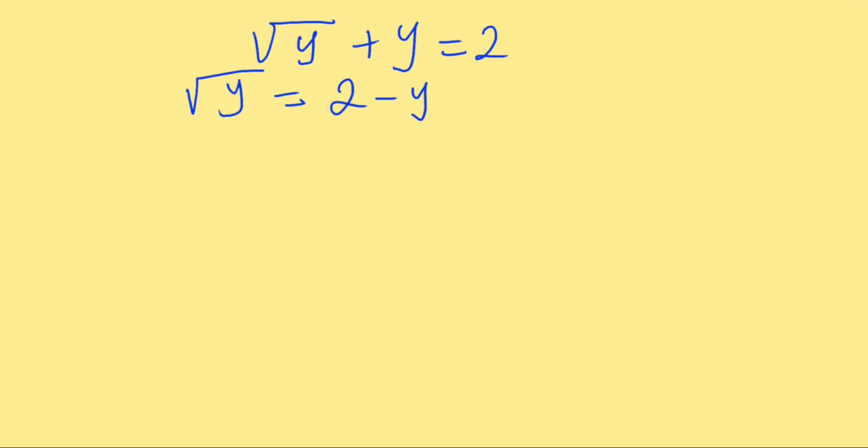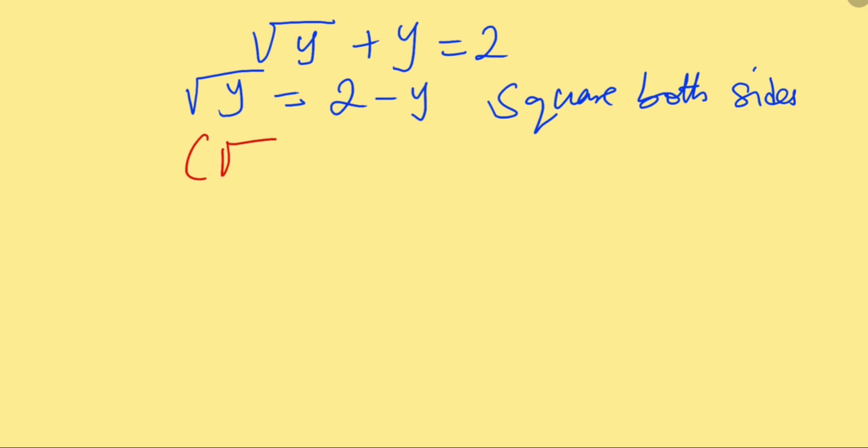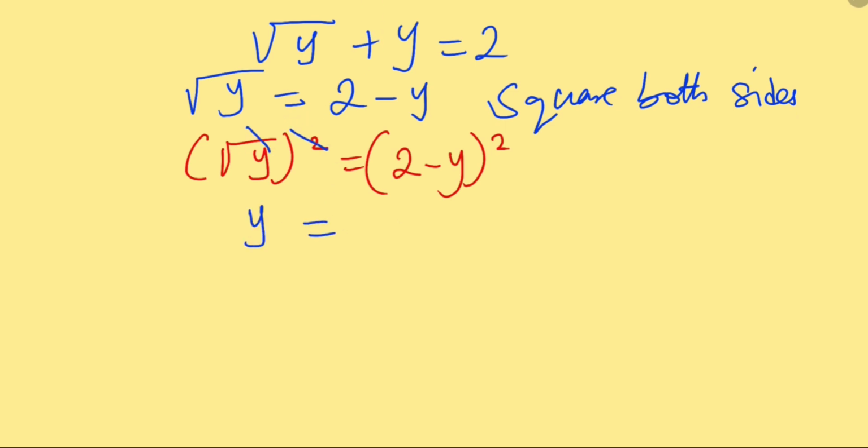So now the best thing to do is to square both sides. The essence of squaring both sides is to ensure that the square root goes away. So we'll have square root of y all squared is equal to 2 minus y all squared. Now, from here, the square will cancel the square root, leaving us with y equals 2 minus y multiplied by